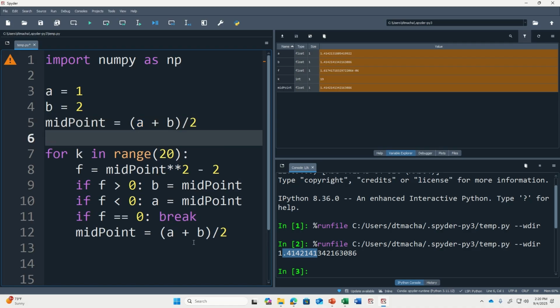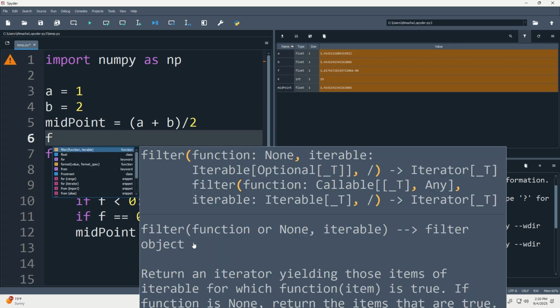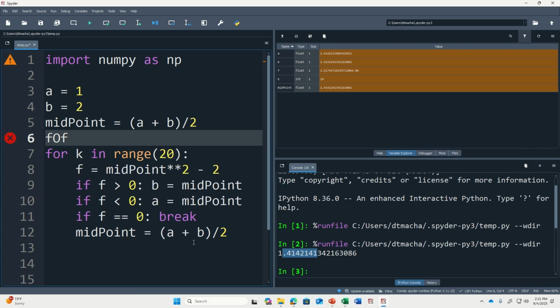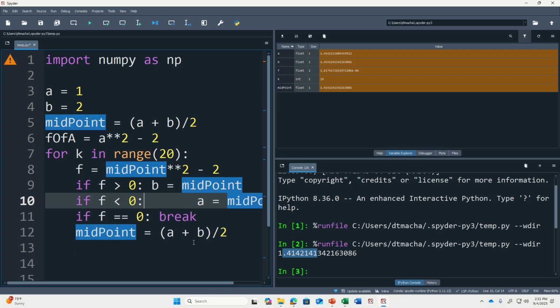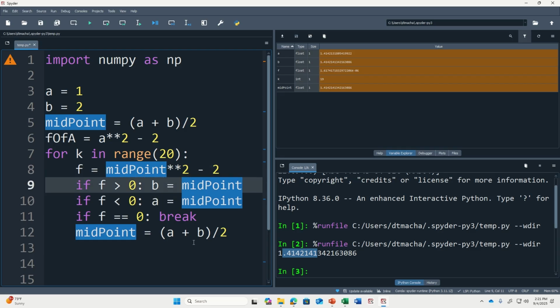Figure out whether the function's increasing or decreasing by picking 2 points and going which one's greater. Here's what I'm thinking. I don't know if this is the best way to do it, but I'm going to make a variable called f of a. Ready? And it's going to take this function and evaluate it at the point A. And then what I'm going to do is every time we're comparing f,